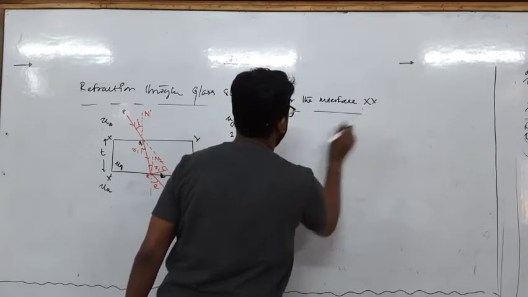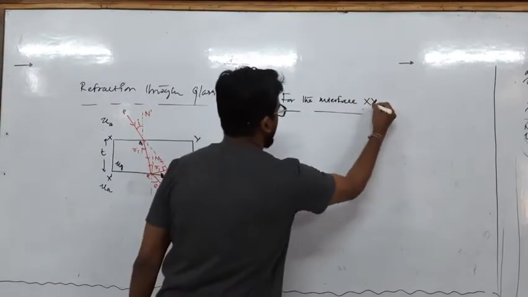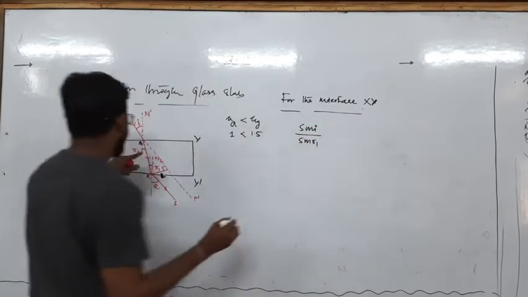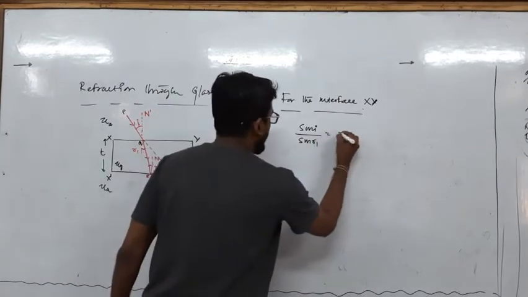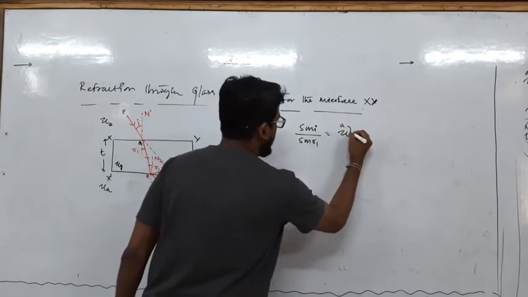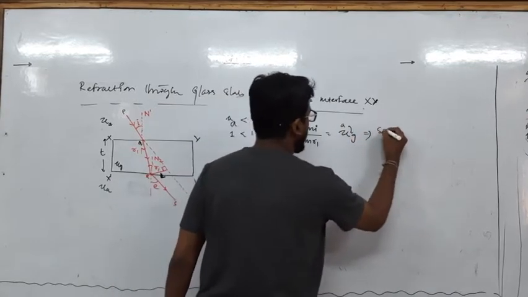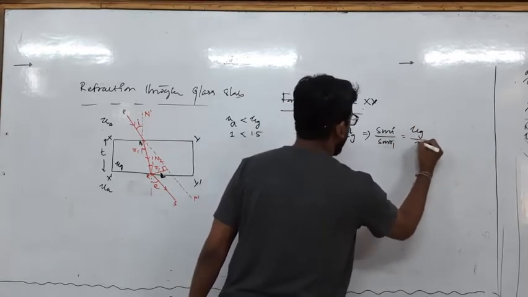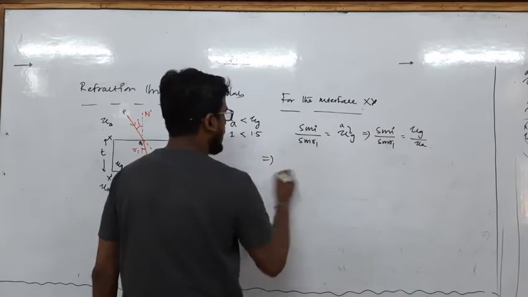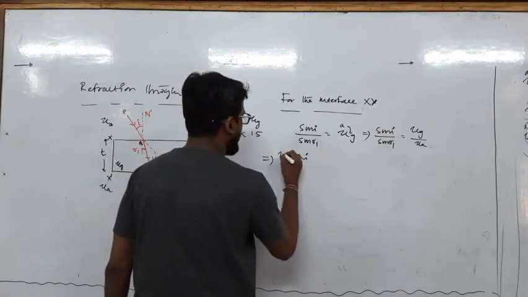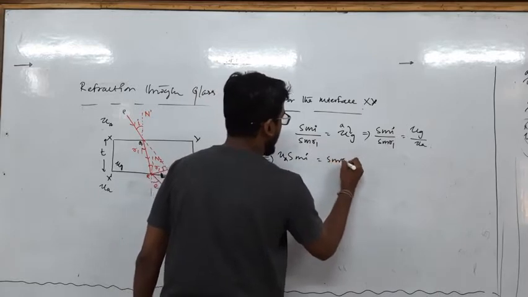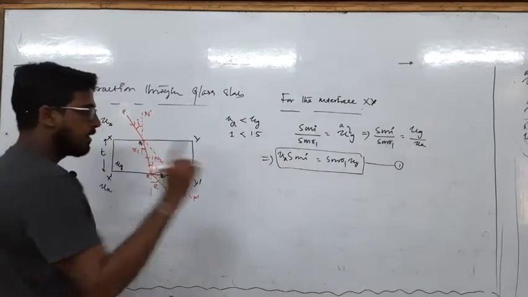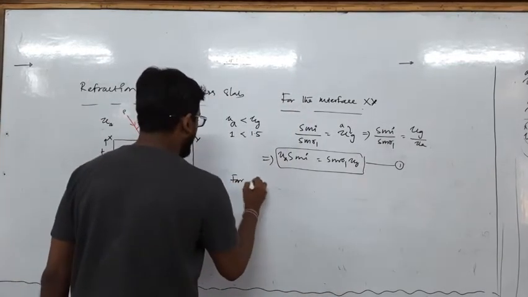XY. For the interface XY, if I am applying Snell's law, I can write sin I by sin R1, because here the refracted angle is R1, equal to mu, light travels from air to glass. So you can write sin I divided by sin R1 equal to mu of glass divided by mu of air. So this can be written as sin I into mu A equal to sin R1 into mu G. Let it be equation 1. Clear? Similarly, for the second interface,